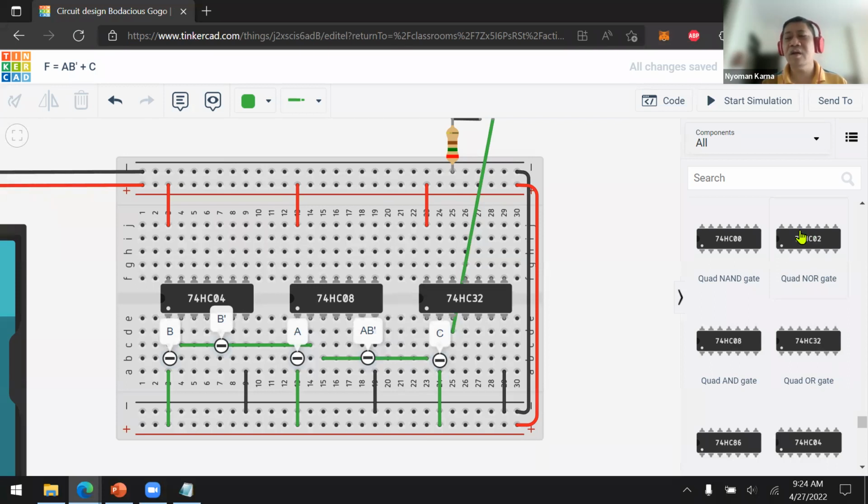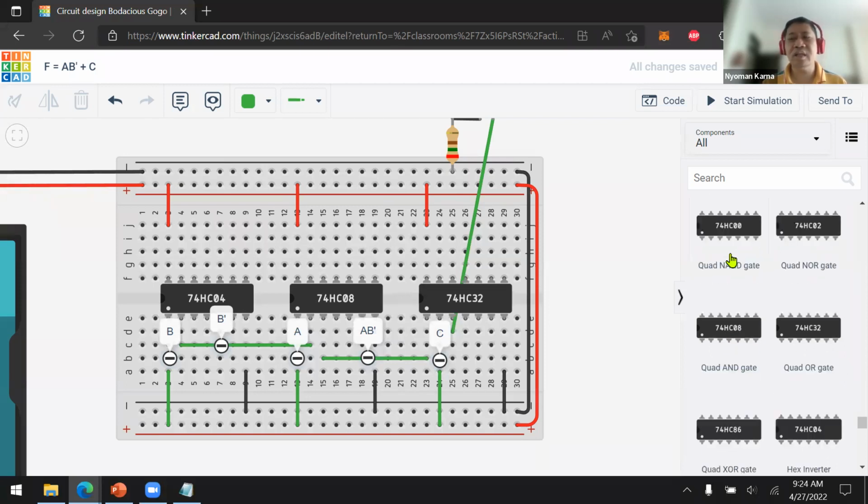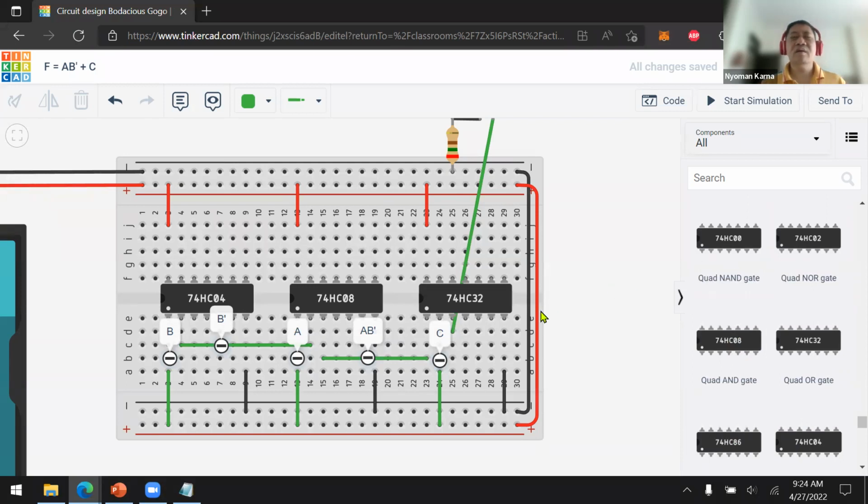So 4 NOR gates, 4 AND gates, 4 OR gates, 4 XOR gates, etc. So if we want to implement this function using 1 integrated circuit, we need to substitute each logic gate with another logic gate. And in this case, we can either choose NAND gate or NOR gate.